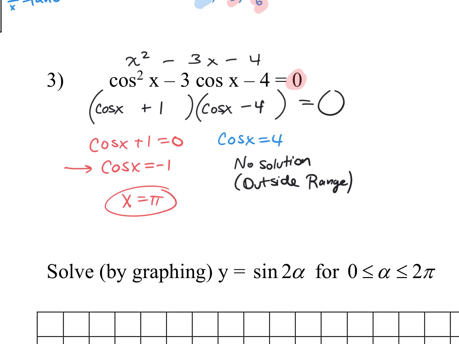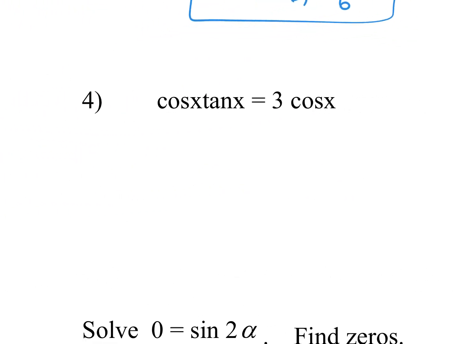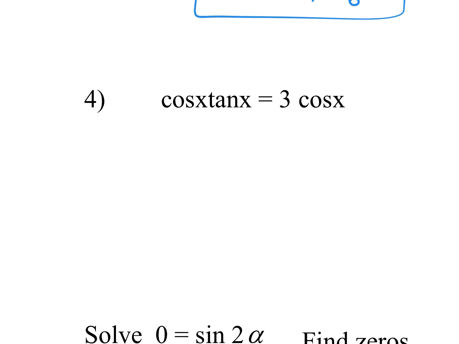And we have one more here that we'll take a closer look at. This one's a little bit tricky, and as you're looking at it, you want to be aware of what makes it seem tricky. What I notice is that we have two different trig functions that don't really interact very well with each other, right? Cosine and tangent. So what I'm going to do is subtract 3 cosine x from both sides of my equation